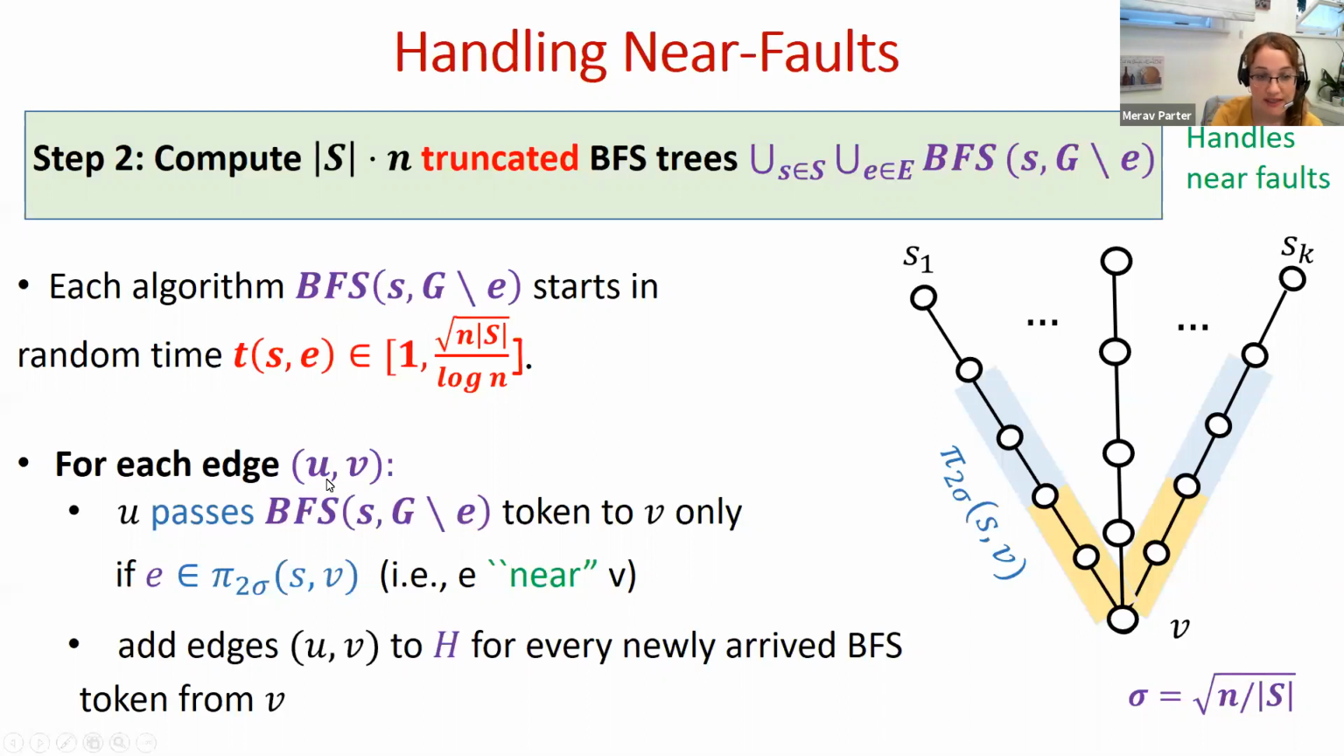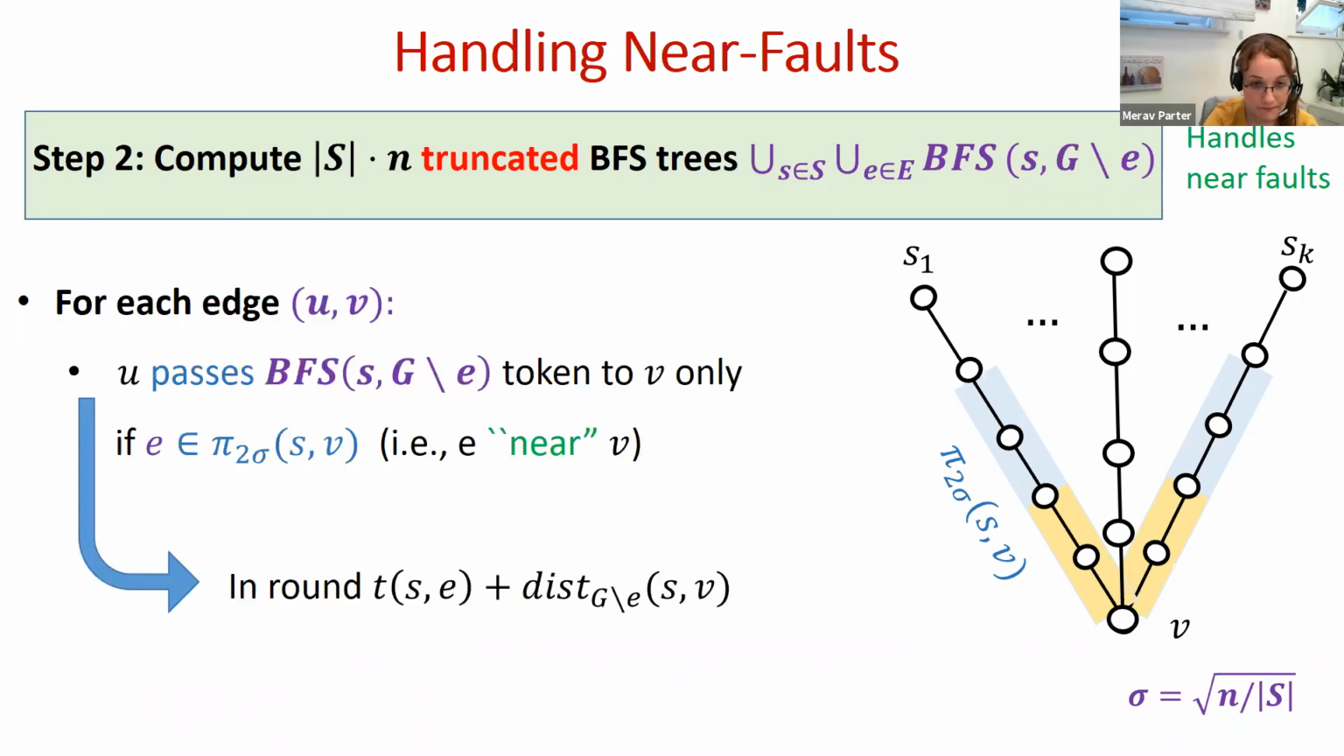And for every edge UV, we are going to pass a BFS token in G minus E only if this edge is near V. Only if it lies in this 2 sigma. So I'm taking 2 sigma and not sigma for a technical reason that we'll see later. So only if this holds, then I propagate the token, and then we are in a situation where the congestion is really bounded, okay? So I'm omitting many technical details. For example, when I'm saying that I'm passing a token only if it's important for my neighbor, only if this edge lies